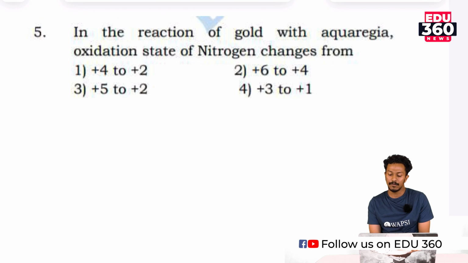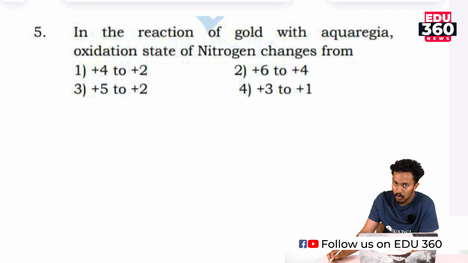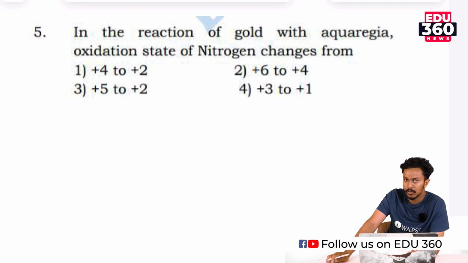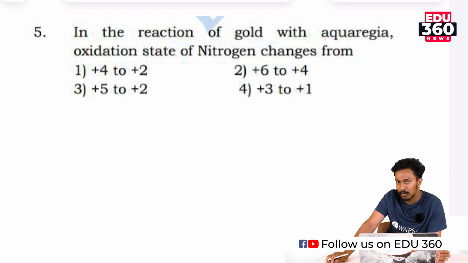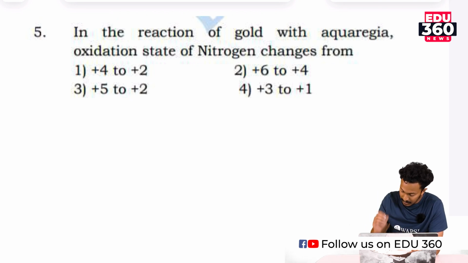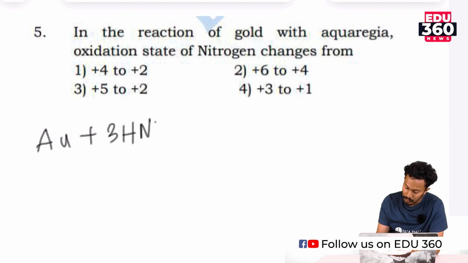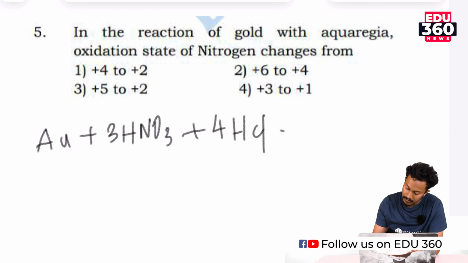In the reaction of gold with aqua regia, the oxidation state of nitrogen changes from... Before moving on to the question, let me explain the reaction of gold with aqua regia. As you know, aqua regia is a mixture of both hydrochloric acid and HNO3 in the ratio of 1:3. Here, let me explain the anionic reactions. Gold along with 3HNO3 and 4HCl. This is aqua regia, which gives